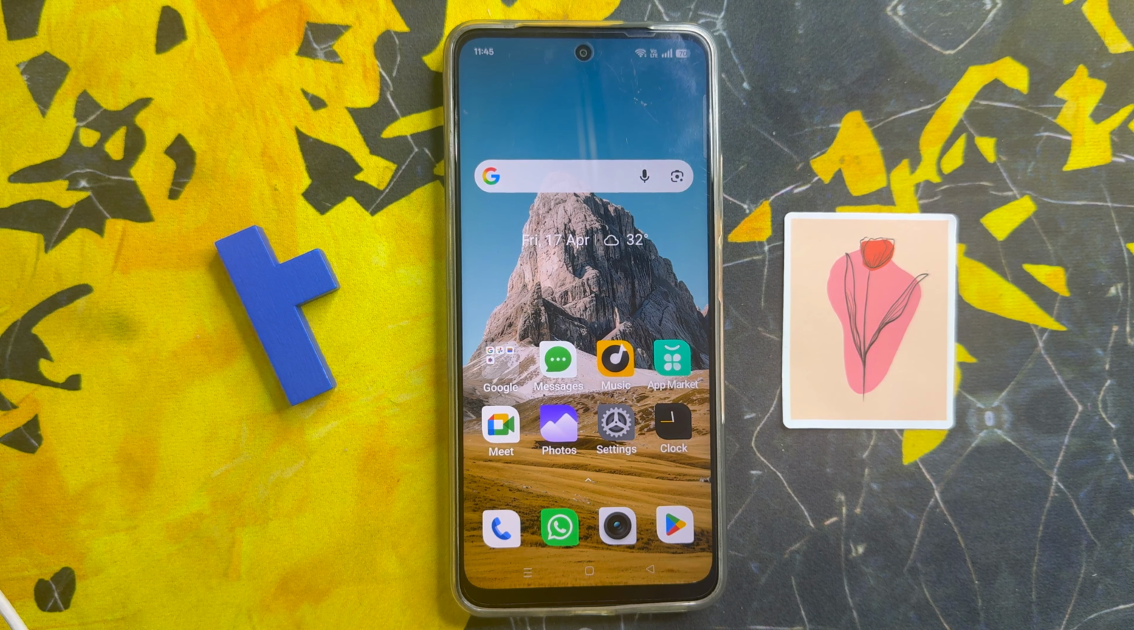Hello everyone, today in this video we will discuss how to fix WhatsApp and MMS messages on Realme Narzo Power. Let's start the video. First of all, if you want to fix this problem, check that your internet connection is